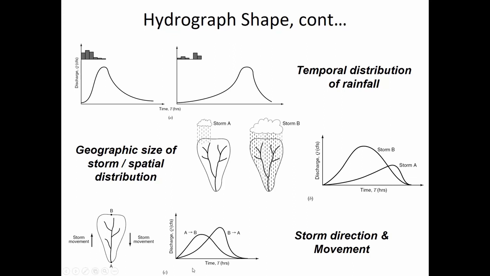This is a really important one because we sometimes think about, like, it rained on the watershed, but the clouds are always moving. I mean, it's very unusual for there to be a storm and the storm just stays in a spot. That's what made this recent flooding in South Carolina so catastrophic. When the hurricane came, everyone was talking about how it kind of stalled on the Carolinas, and it was just raining and raining and